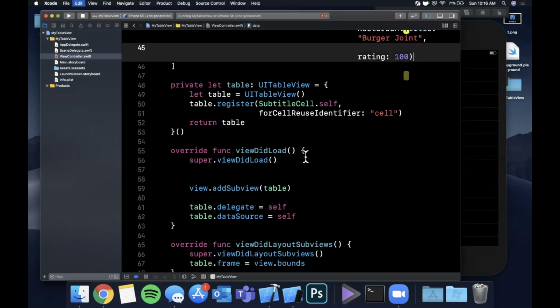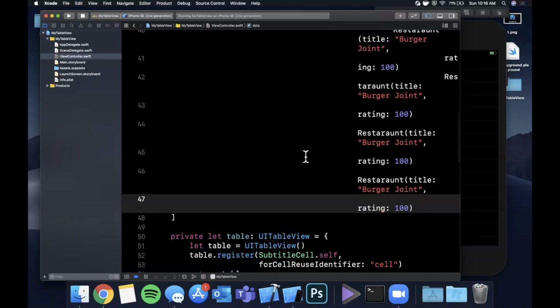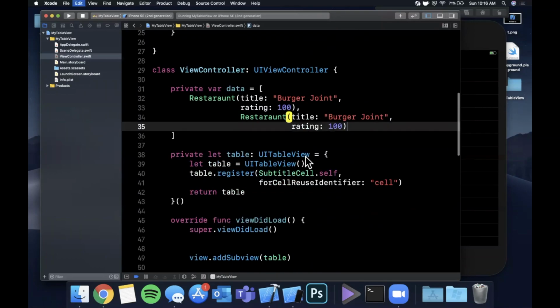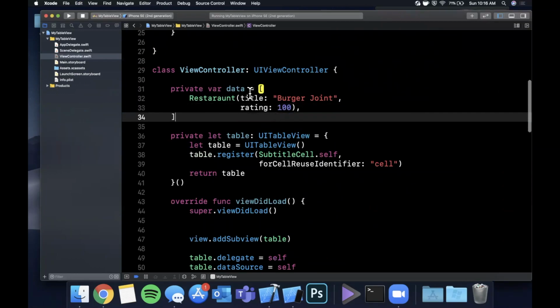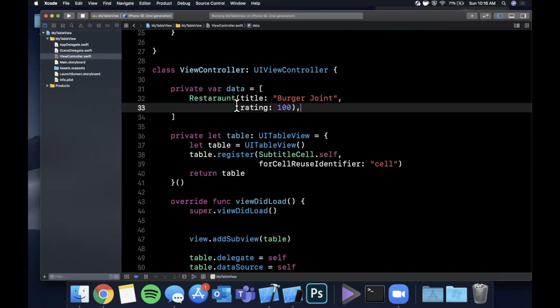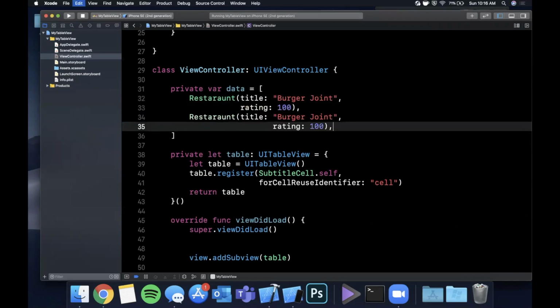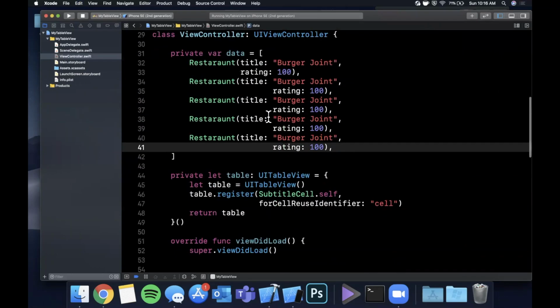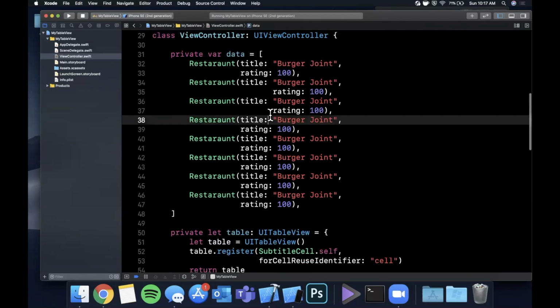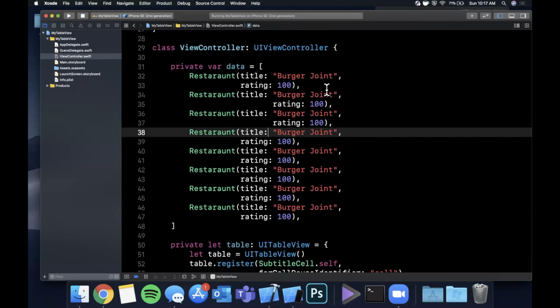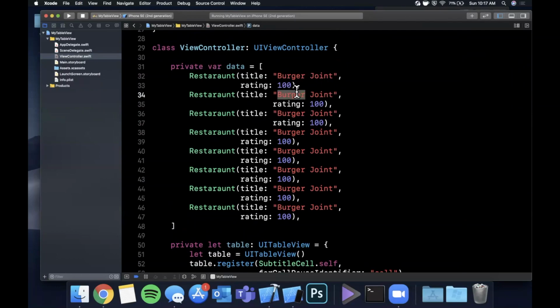So let's Command Z all of that. Sorry, bear with me. Let me expand my window a little bit so you guys can see more of it since I upped the font size. But let's copy that comma while we're at it. And let's paste these in. Fix that indentation. Let's change up the ratings and the names. So this one, we're going to say